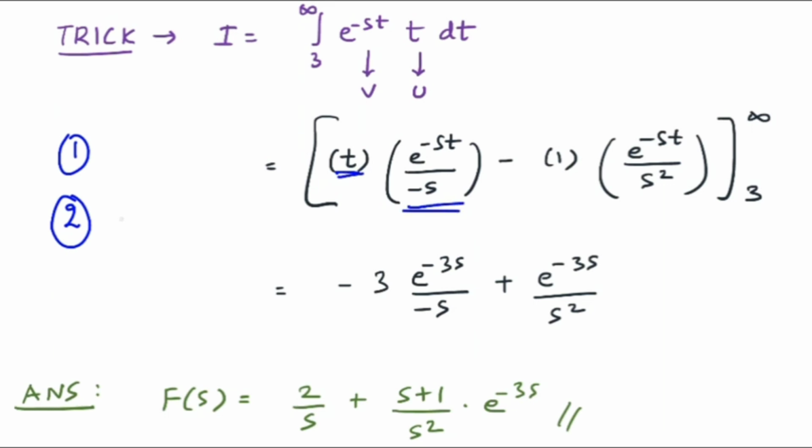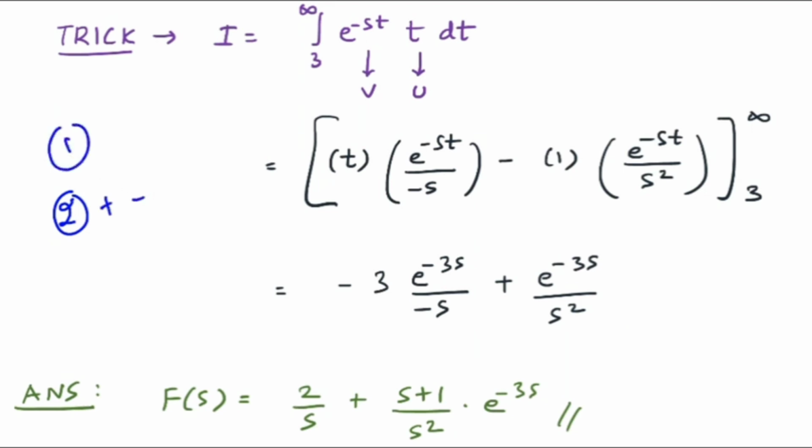Now the second point is you have to follow the plus minus fashion. This term is positive. This term here you can see is negative, right? So this term is negative. If we have a third term, then it would be positive. If we have a fourth term, it would be negative. And you have to follow this plus minus fashion. So I guess the second point, which is plus minus fashion, is clear.